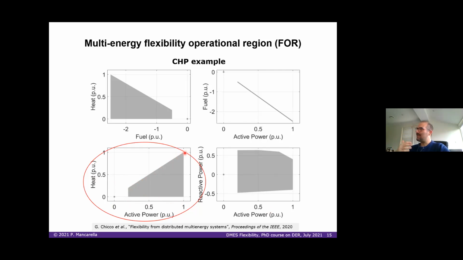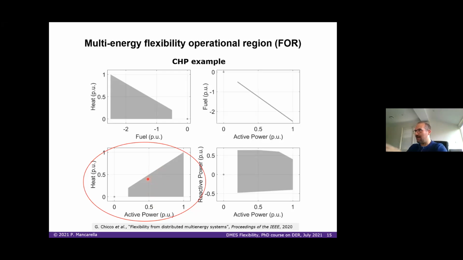However, if you can discharge heat, if you can waste heat, it is also possible to operate in any of these operating points, because if I cannot waste heat, for example, for electricity output equal to 0.5,